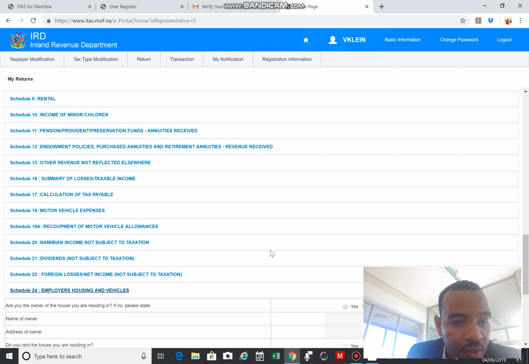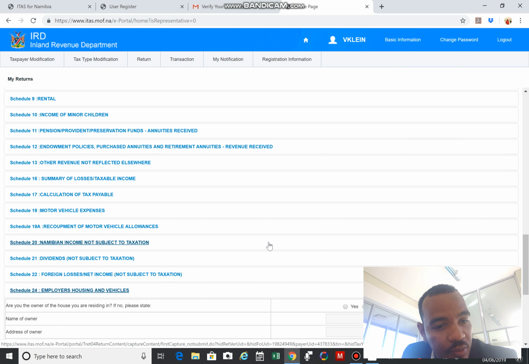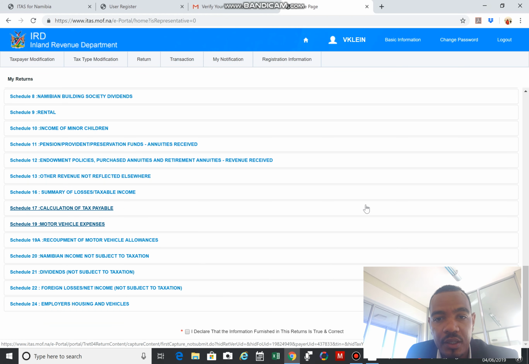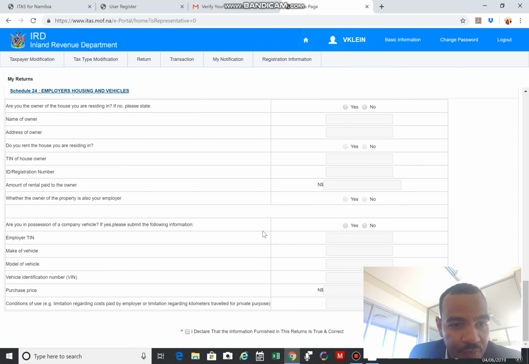Those who have vehicles, for individual salaried who claim vehicles, schedule 19 is also compulsory. Please submit and fill in these returns. If you are done with this, and this year is a compulsory thing, you will see that you won't be able to submit the return before filling in schedule 24. But make sure you have this information,